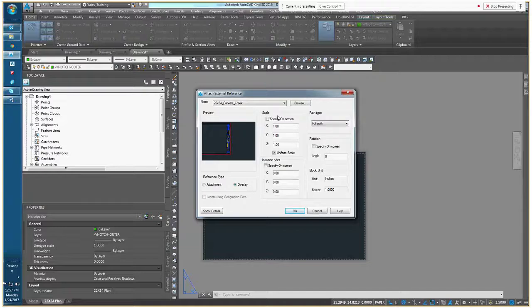We always go with the defaults, and I'd like y'all to try to remember these defaults. So we go with uniform scale and a scale of 1, 1, 1 on the XYZ. The insertion point for all XREFs should always, always, always be 0, 0, 0, and the angle should also be set to 0. Okay? The rest of this, whether it comes to full path, relative path,